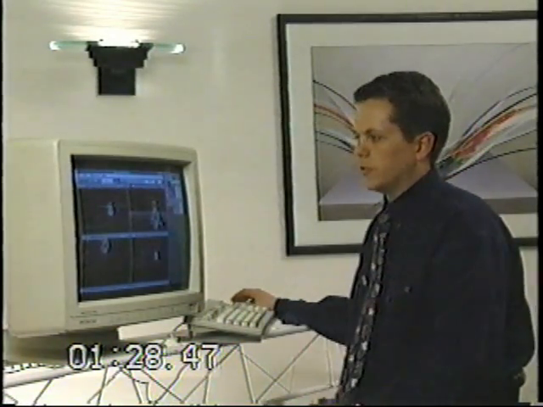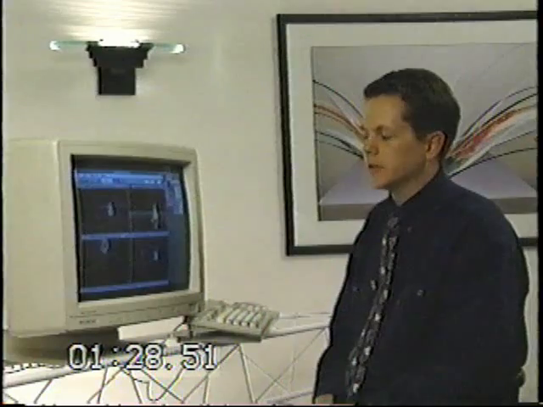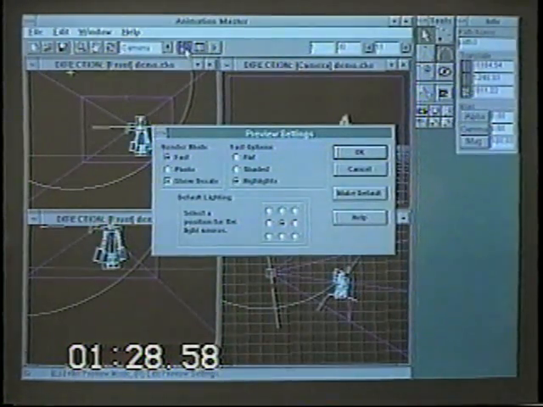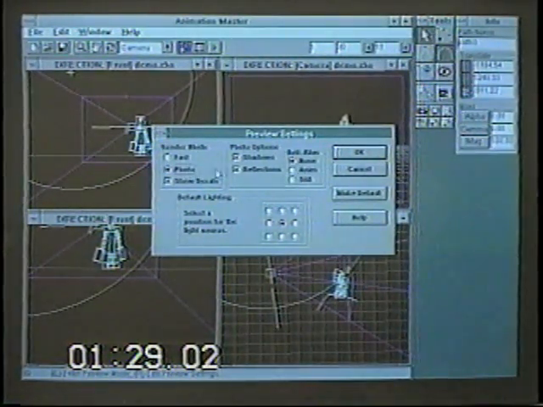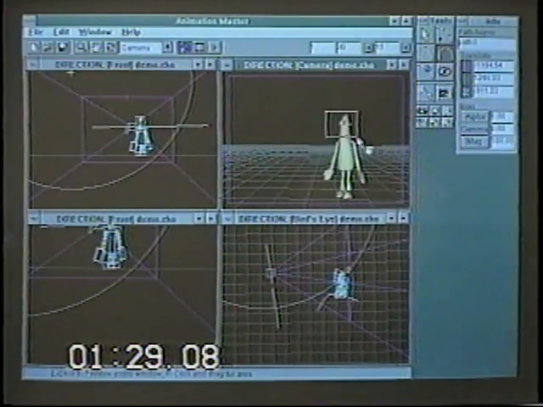We've got different modes for rendering. The mode that I'm doing right now is called fast, and we don't get to see the effects of the lighting. I think what we'll do is change our lighting settings by clicking the right button on the preview, and we'll set it to be photo, which is a little slower, but we get true representation of what the scene's going to look like with its lights in it. If we render Ted now,